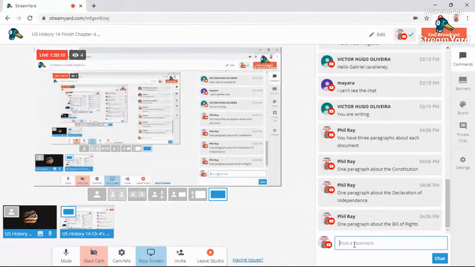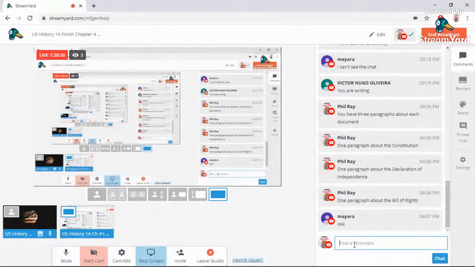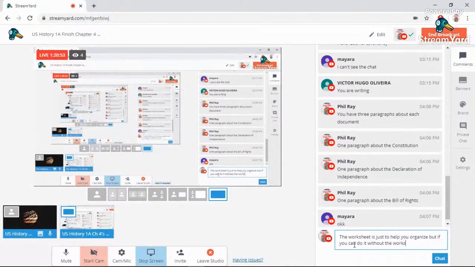And you're going to use the information that you got from that worksheet to write your paragraphs. Now, if you can do these paragraphs without using the worksheet, hooray, do it. But you have to send this, okay? You have to send this one because we are way past lesson 1, chapter 1, however you want to call it. All right, so you need to send this. Cool. The worksheet is just to help you organize, but if you can do it without the worksheet, awesome. And don't forget